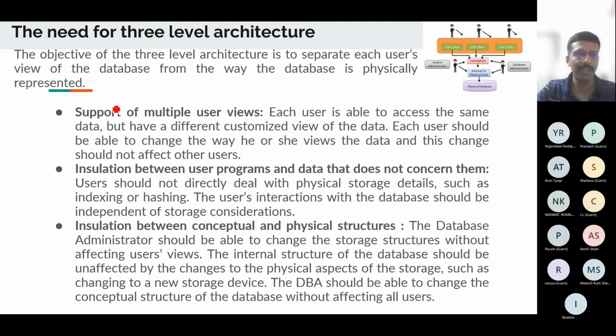What is the need for this three-level architecture? The three-level architecture separates each user's view of the database from the way the data is physically represented. As I told earlier, a data analyst or a data scientist is only interested in the data, or whatever inference or insights they need from it.